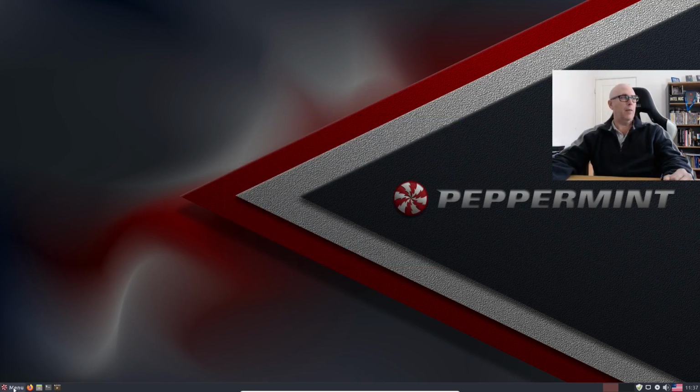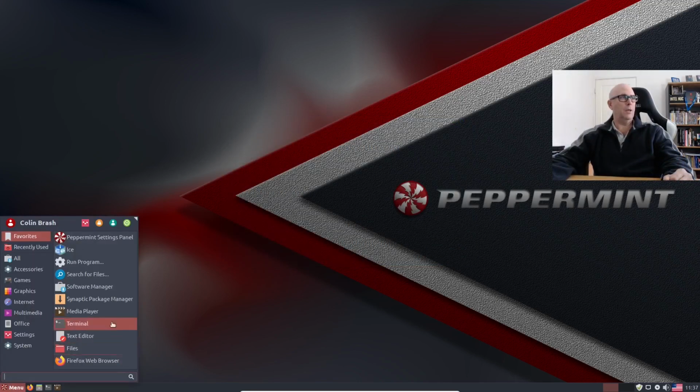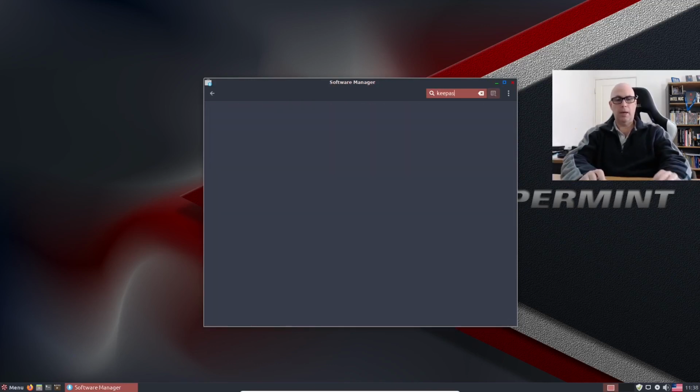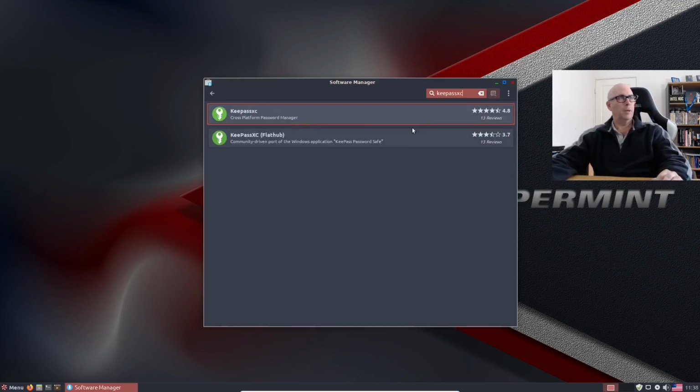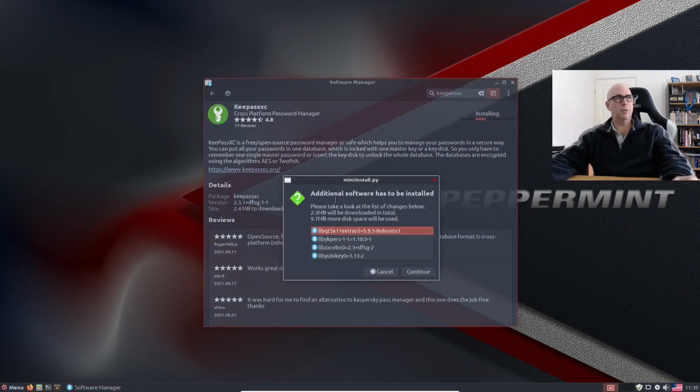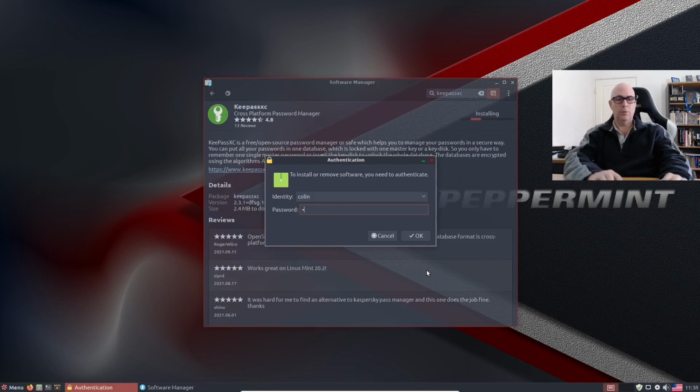So now the other thing we're going to do is click on Software Manager. Let's open that. Now we're going to search in the search box here for an application called KeepassXC. There it is there. There's a Flathub. We'll just install from the repos. Click on that and click install. And it's going to use additional software. They're just dependencies needed for this application. Click continue, put in our password,